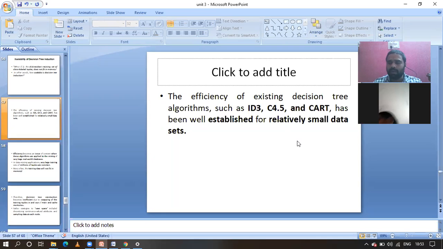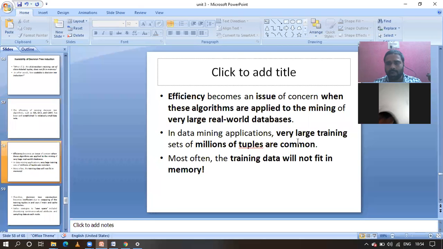But coming to the higher sized ones, where the training data set is more in size. Normally in data mining, guys, we will have a very big training set. How are we going to solve this problem where the training set is more compared with the main memory? Normally in data mining, the training set size will be more, and the main memory size is very less. Then what is the solution for that?